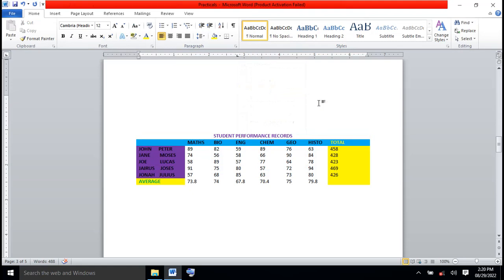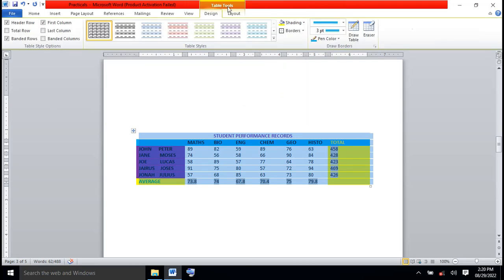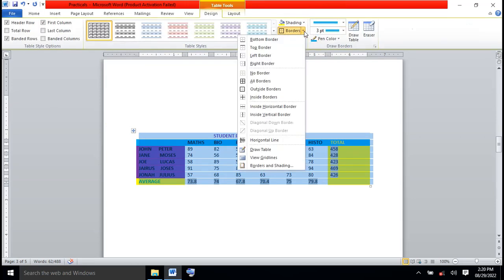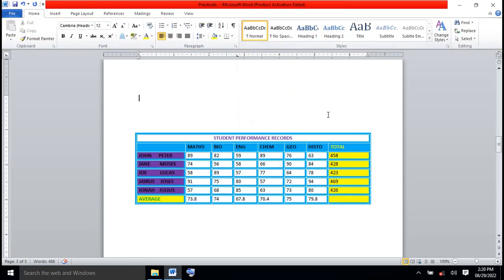If you want the table to have all the borders back, you select the table, and then you go to design, you click borders, then you click all borders. You click it, you're going to have all the borders back. But remember, we have changed the borders, so when they are back, they have adopted the border that we've had already set. Okay,